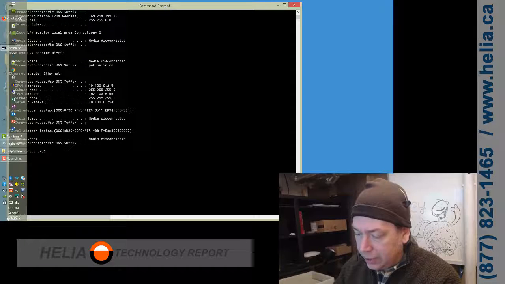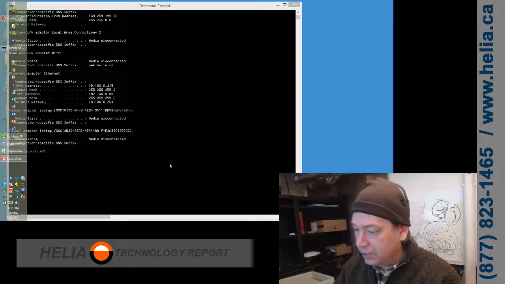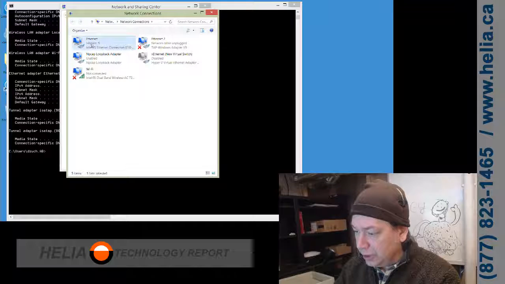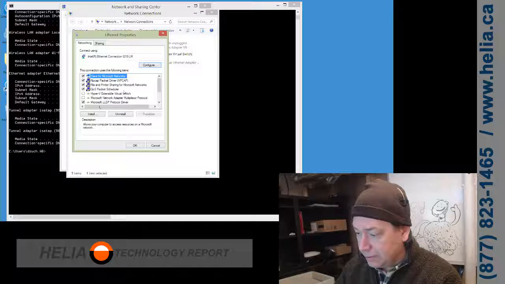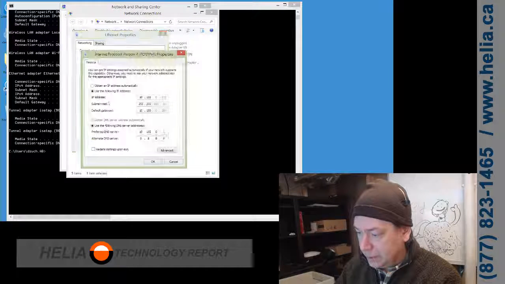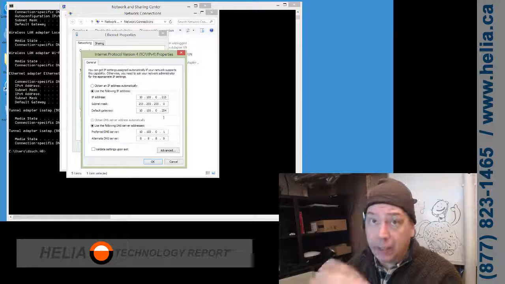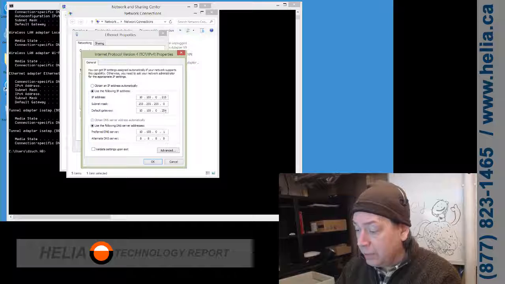Now the way I do that is if I go into my network settings here and choose my adapter settings, there is one change that I need to make here, and that is I need to put my IP address on a static IP address. So I've chosen a static IP address on my local network here with my default gateway and with my preferred